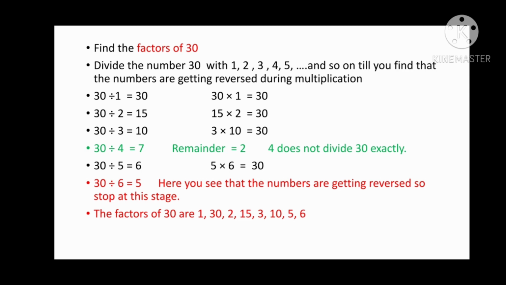12 divided by 1, we get 0 as the remainder. 1 12s are 12, right? Then divide by 2, 2 6s are 12. Again we get 0 as the remainder. 2 and 6 are also the factors. 3 4s are 12. 3 and 4 are also the factors. Then 6 2s are 12. 6 and 2 we have already done. 2 and 6, right? Same only. So we can find out the factors by two methods, by using multiplication, also by using division, right? These are the two methods by which we can find the factors.